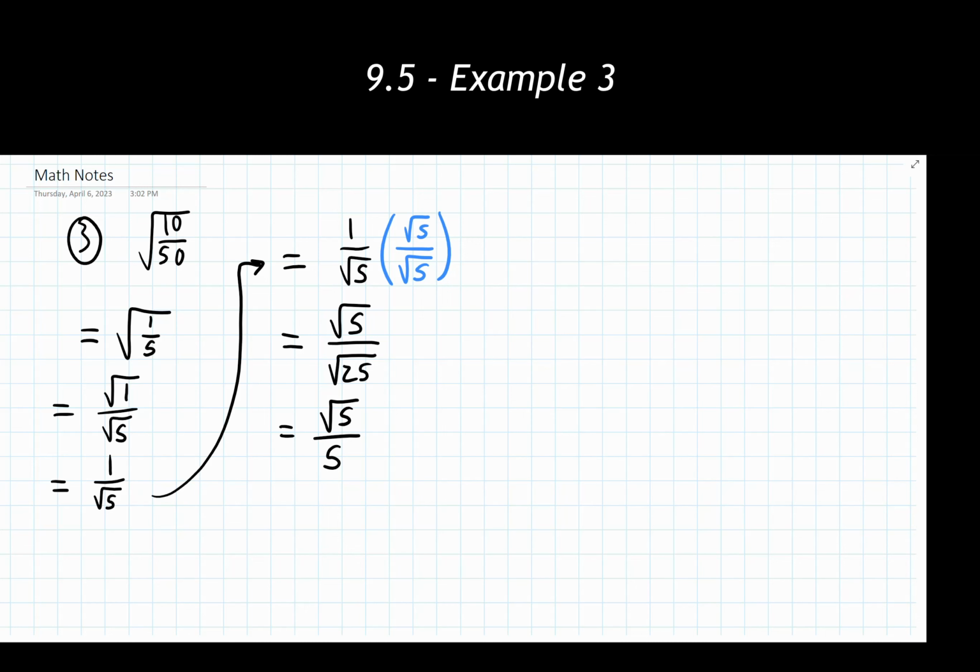And we can write that in there. And here we have our final answer. We are okay with there being a radical in our final answer, but the radical can only be in the numerator spot of our fraction. So always come back to that rule of rationalizing the denominator if and when possible, and if and when necessary.